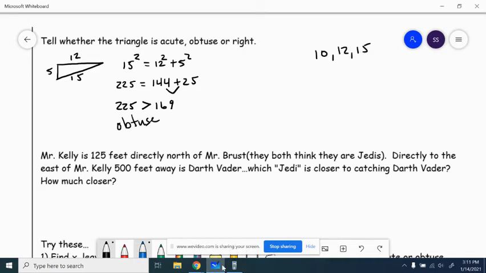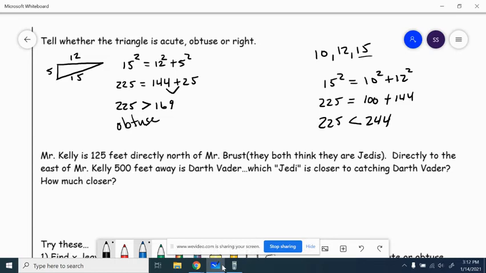Okay, let's look at another triangle with the side lengths of 10, 12, and 15. So the longest leg needs to be the hypotenuse, or the c. So this is going to be 15 squared is equal to 10 squared plus 12 squared. Square them out, we get 225 is equal to 100 plus 144. 100 plus 144 is 244. So we're left with a squared plus b squared is greater than 225. So if this c squared is less than a squared plus b squared, then we have an acute triangle. All right,